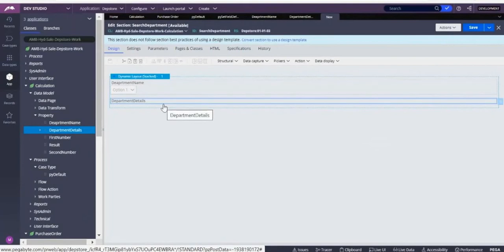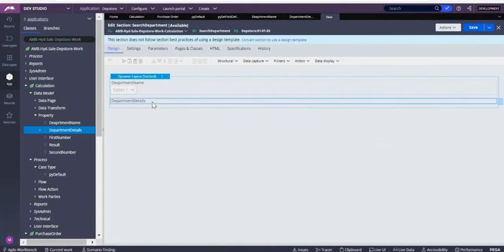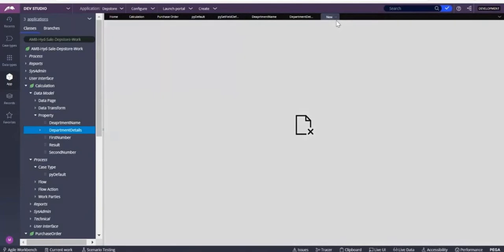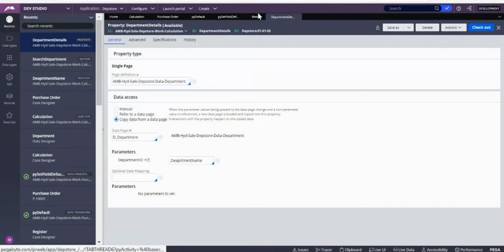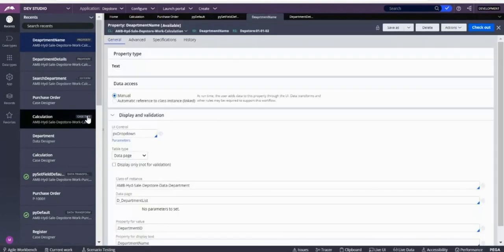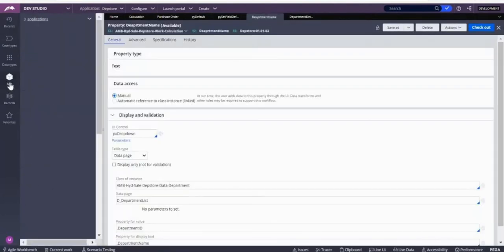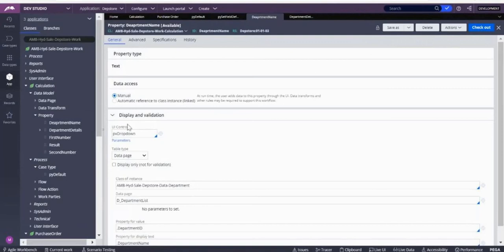Whenever you drop department details, what happens is it is not a single value property. Only single value properties can be dropped.